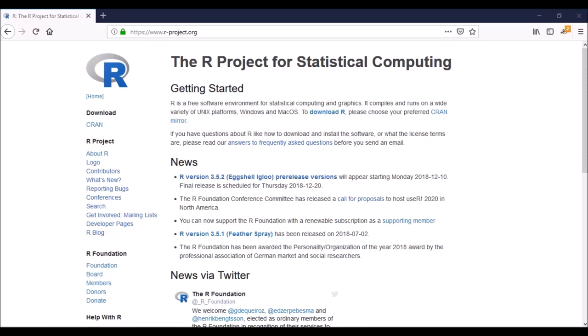So in the previous section, we explored the R ecosystem. Now let us go ahead and install R. Right, so fire up a browser and go to r-project.org, which is the homepage of the R project. So the URL is r-project.org. Right. Now once you come to the homepage, on the left side you can see the link for download,